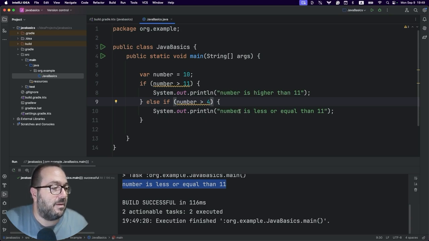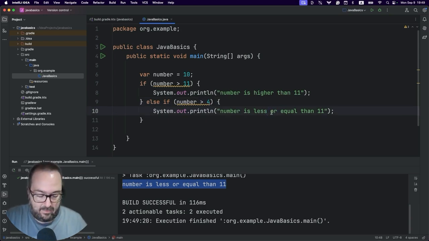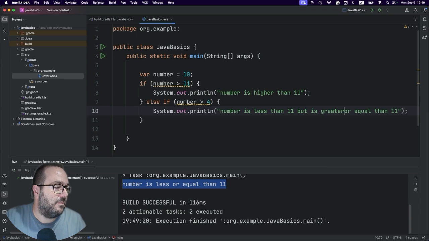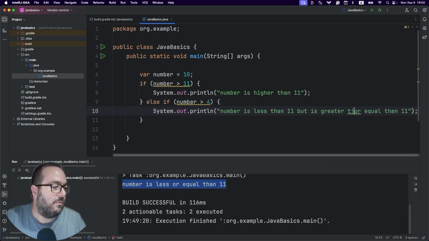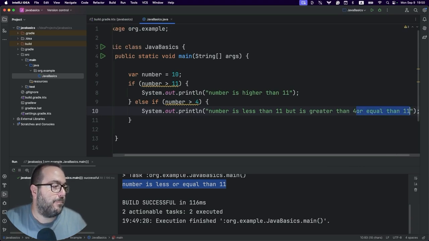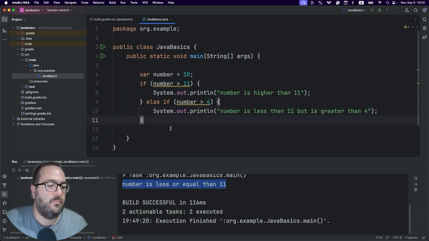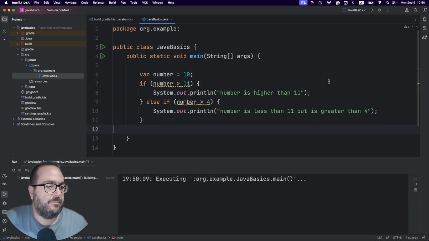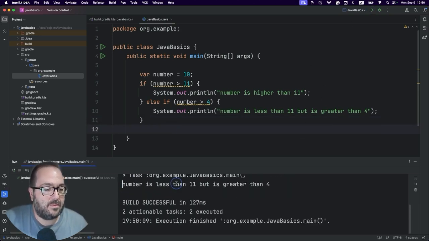And we're going to say that the number is less than 11, but is greater than 4. Let's run it. And here it is. Number is less than 11, but it's greater than 4, right?